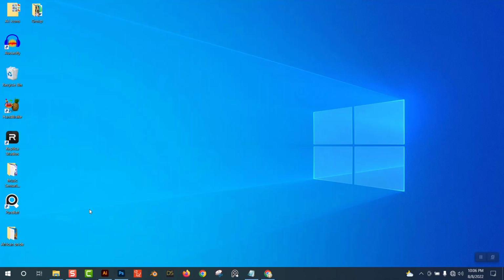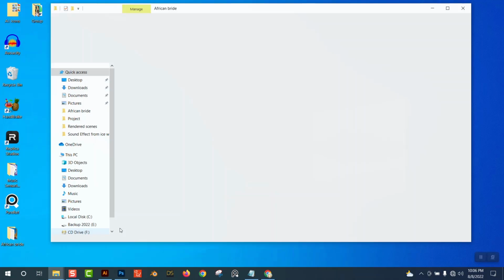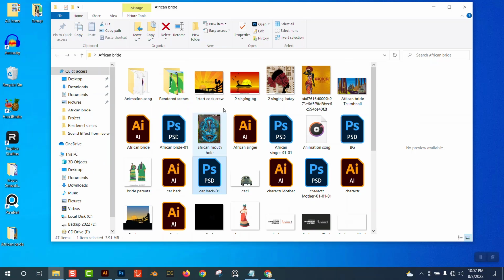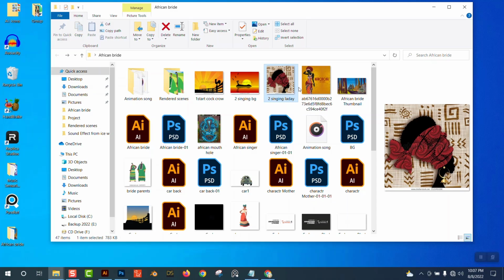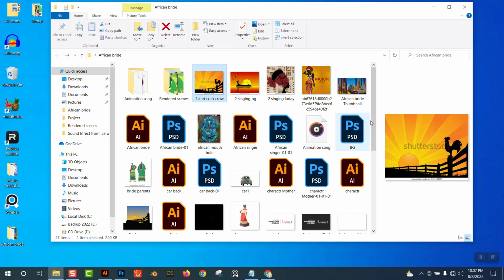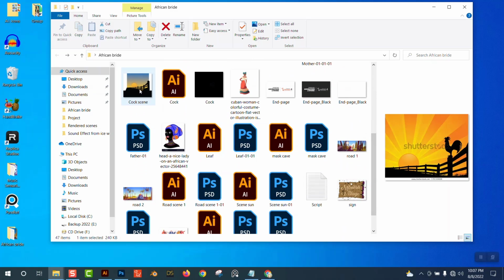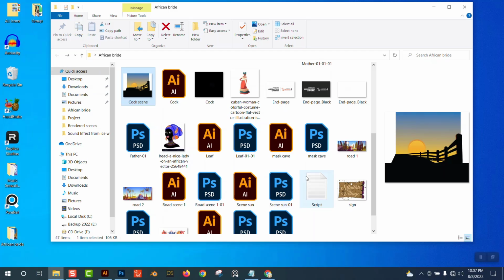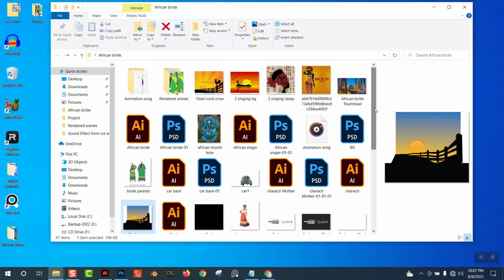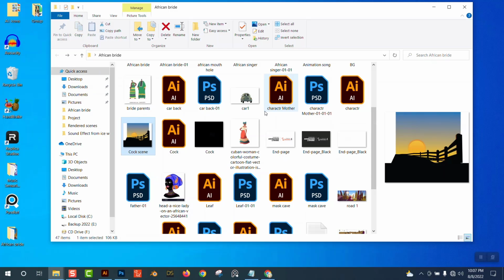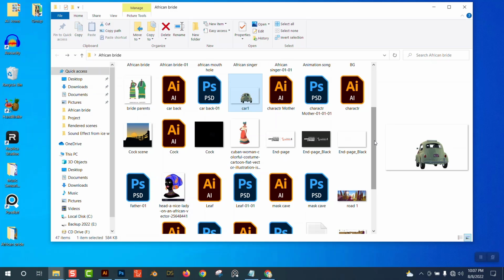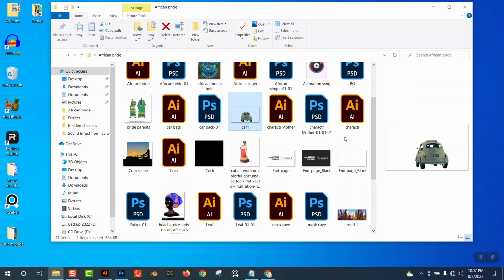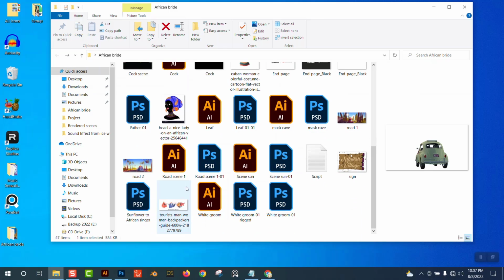Okay, so first of all, I open my file where I have every bit of things. So these are my references. I have taken images from Shutterstock, Freepik, Google, and so many other places, and I sampled them. Like this cock you are seeing here, I recreated the scene and came out with something like this. And the B2 that you see over here is a real image, and I recreated it